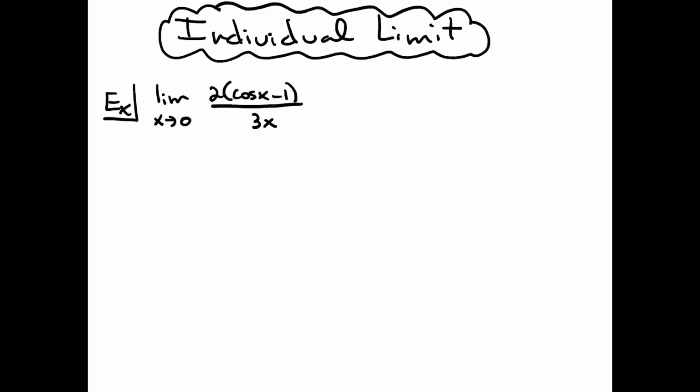In this video, I'm going to work out an individual limit. We're going to look at the limit as x approaches 0 of 2 times the quantity cosine x minus 1 all over 3x. First thing I'm going to do is take a look at that 2/3, and